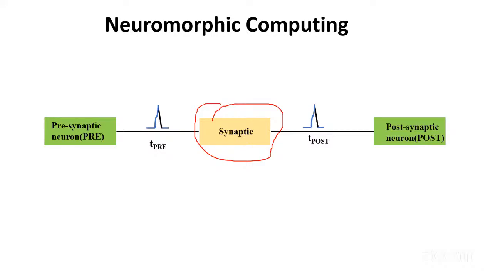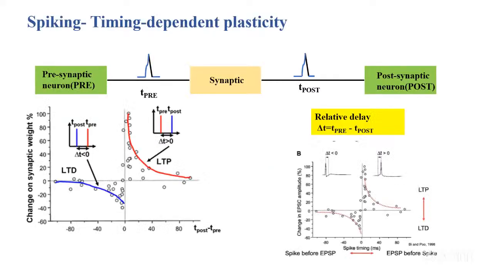One of them is long-term potentiation and long-term depression, and the second is synaptic time-dependent plasticity, which is how the time of the spike changes the synapse properties or conductance of the synapse. So this synaptic time-dependent plasticity is one of the properties, basically that when the presynaptic neuron is